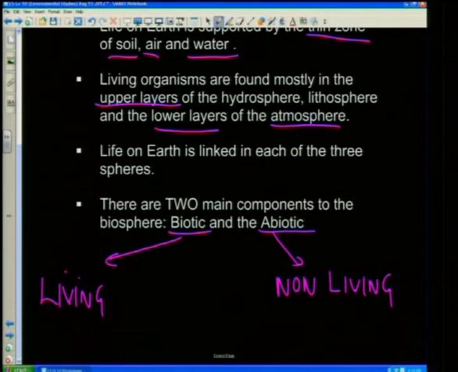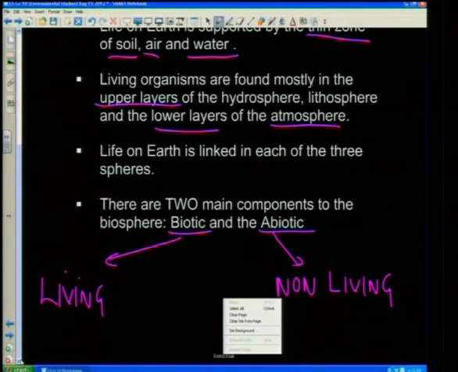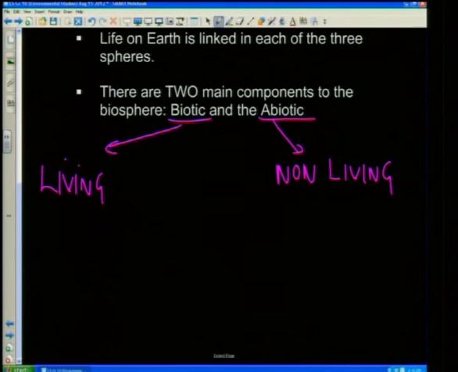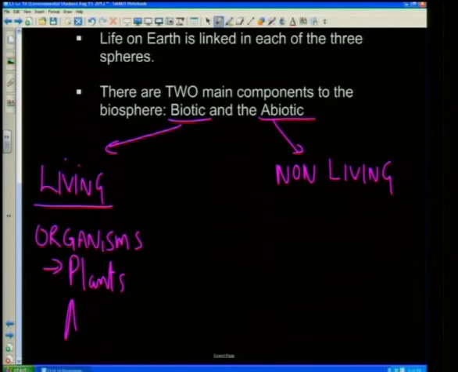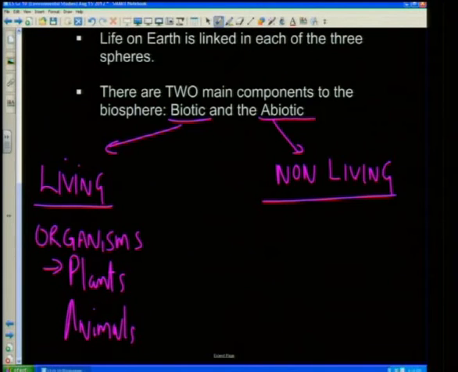Examples of the living components would be the organisms that you find in a population. I mean, these could be plants, animals, both microscopic and macroscopic. And we can go and look at the abiotic components, and these are the non-living, which